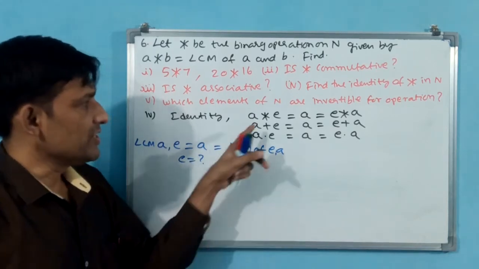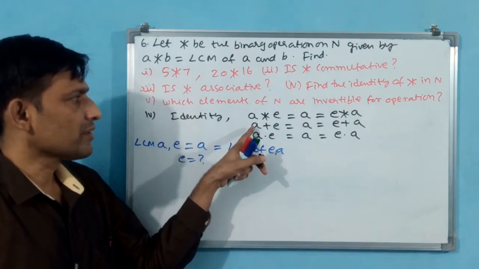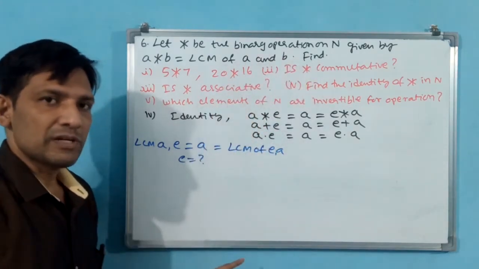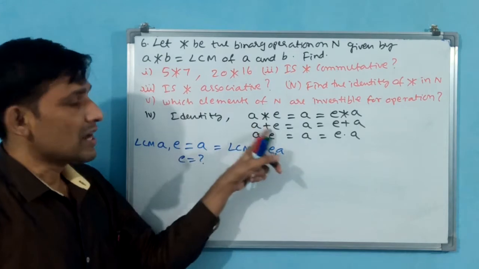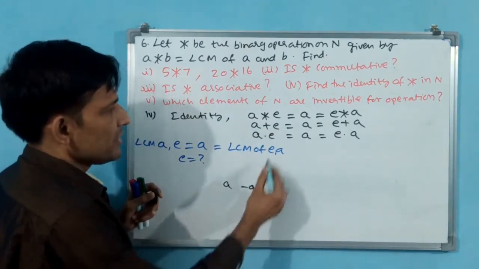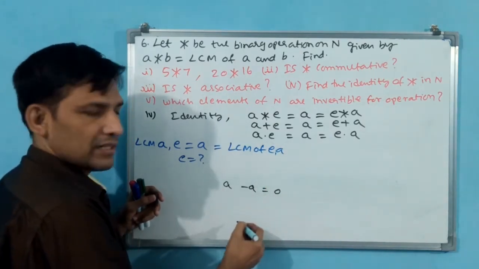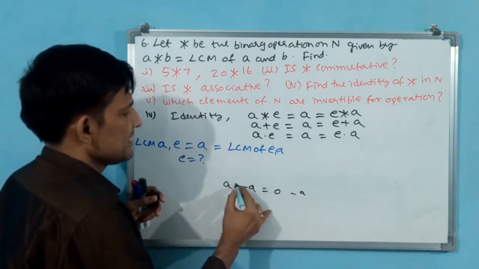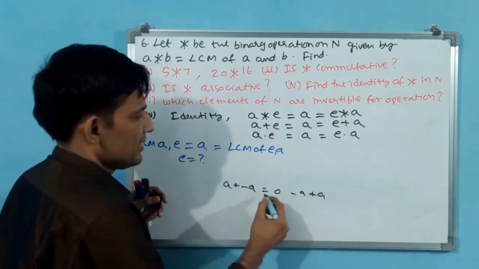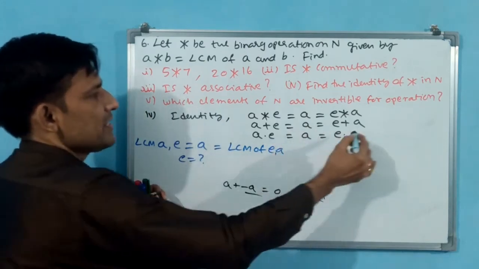See here, additive identity will not happen. Why? Because for additive identity of A, N means all natural numbers only will come, negative numbers will not come. For additive identity, for A, minus A you have to take, then only E will come. The same number, 0 will come here: minus A and plus A. But here minus A does not belong to N. That is why this you forget.